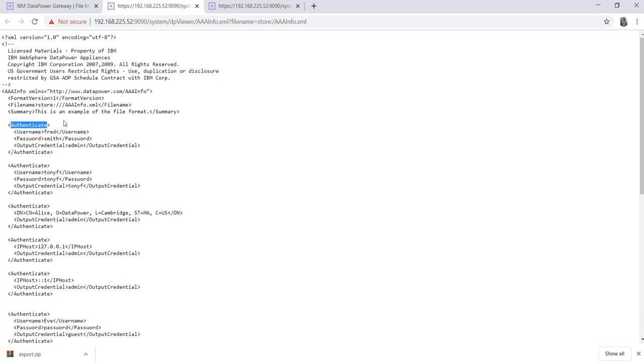For example, you want to download the WSDL file of a particular web service, and you want to apply authentication on that WSDL file. So whenever you download that file, you need to mention the username and the password. When you download that WSDL file, a pop-up will appear, and there you need to mention the username and the password. Like here the username is Fred and the password is Smith.